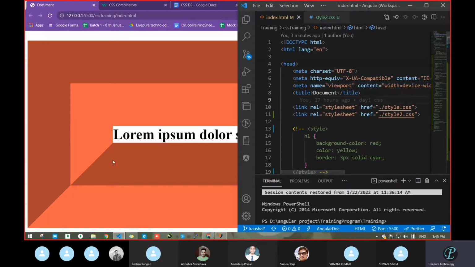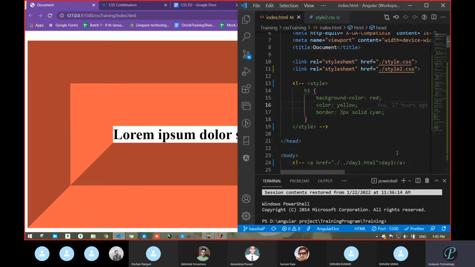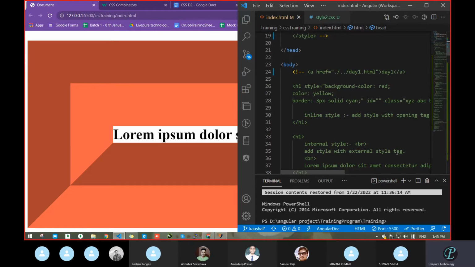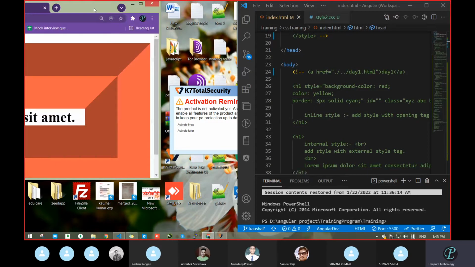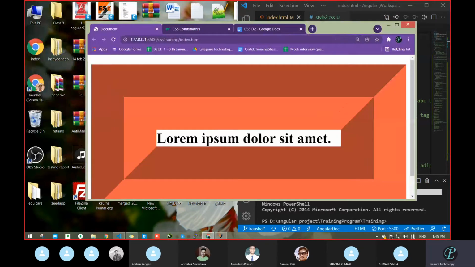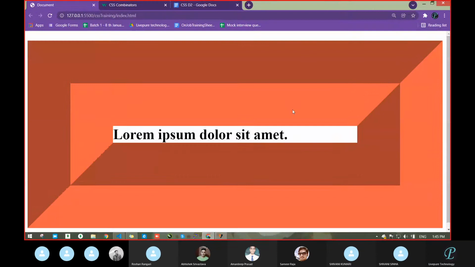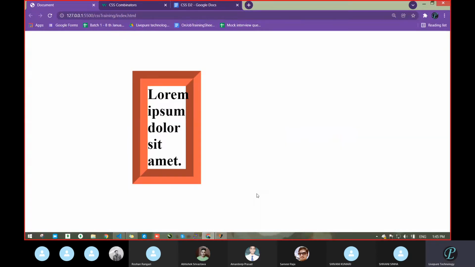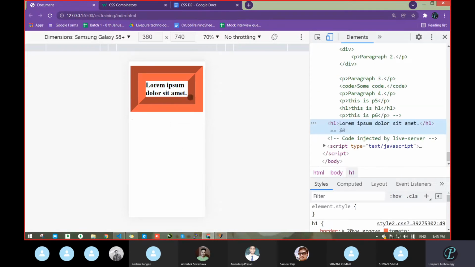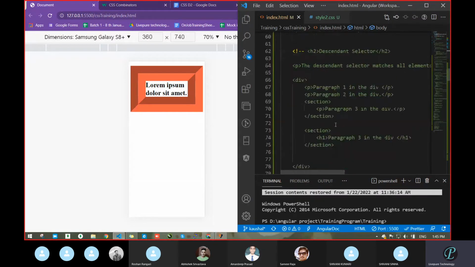View width means the size will increase or decrease according to the screen size. If I reduce this screen, see, it maintained the margin. Correct or not? With view width, it will maintain that space whether you go to mobile or laptop. But when you take pixel or percent, then it will vary.